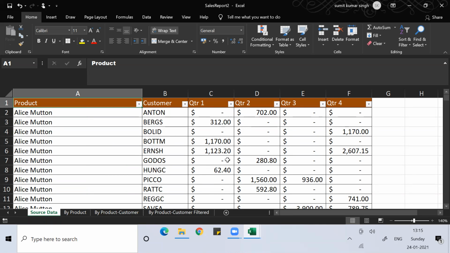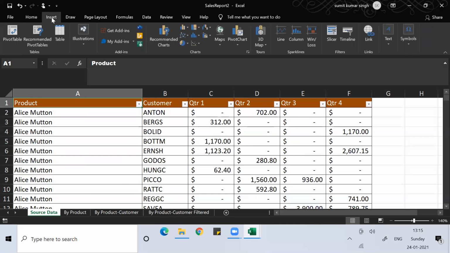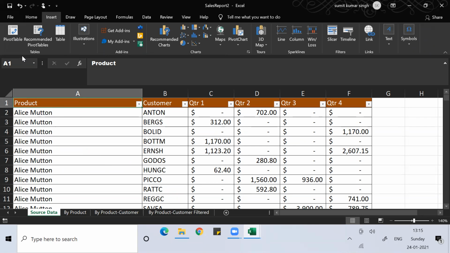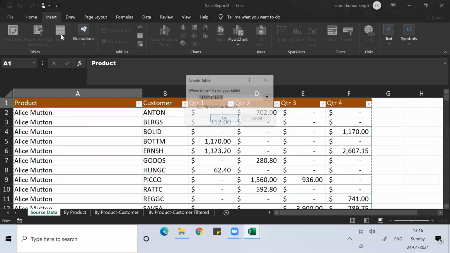Otherwise, you can see them in a much better way. You can go to Insert, and under Insert you can click on pivot table. When you have a lot of data all together under different rows and columns, with different groupings, and you want to understand or do research on the data in a much better way, you can use pivot table. You can directly click on pivot table, or first you convert the data into the form of a table.